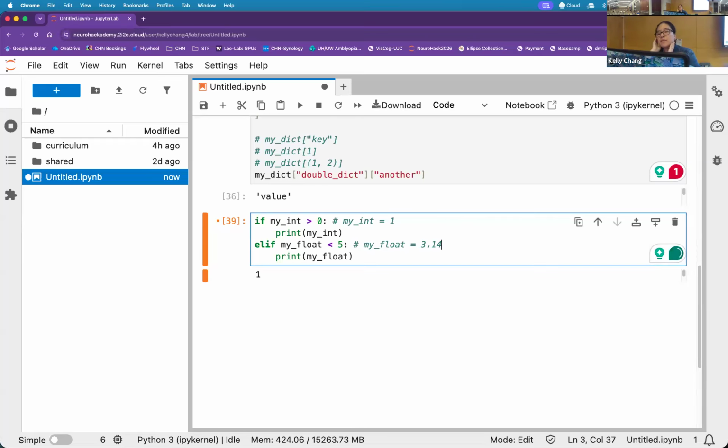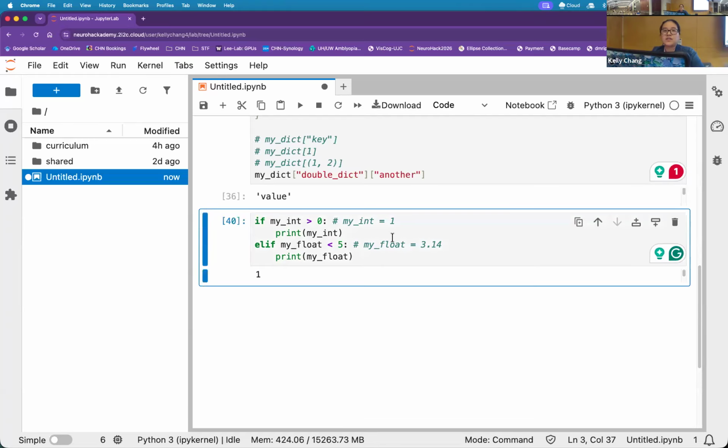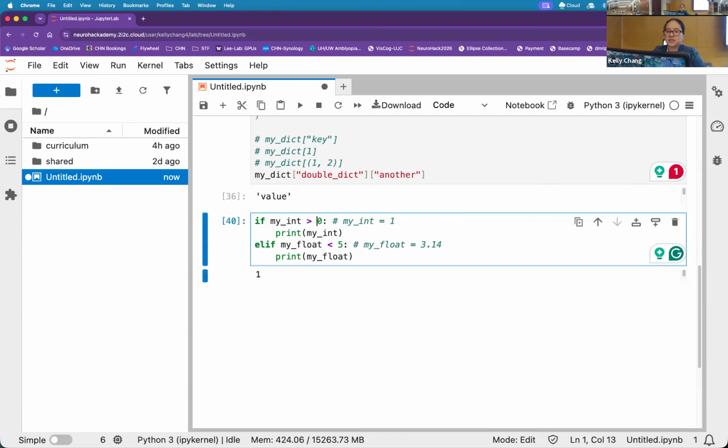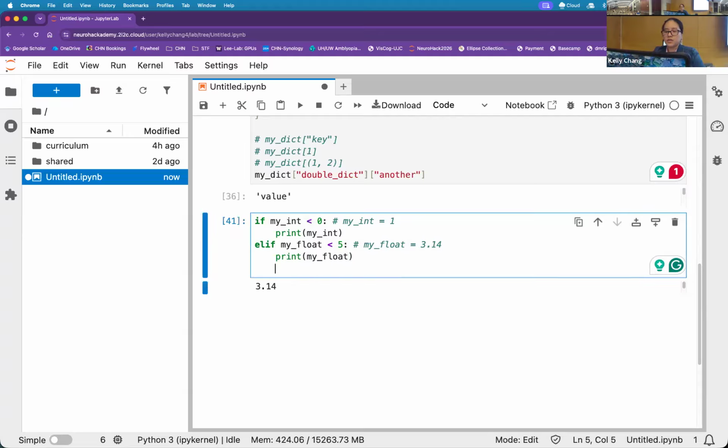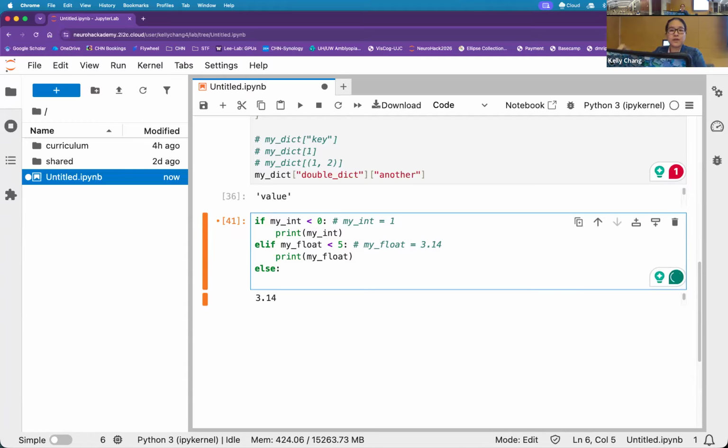What's the logic here? What would happen first? Yeah, right? If it finds the first true, it does not execute the rest of the block. So if I change this to less than 0, this will evaluate to false. And so hopefully my float of 3 is less than 5. It'll print the float. And then the last chain on here is you don't need every single one of these conditions, but you also have your final one, which is else. Meaning if all else fails, you'll print we're here.